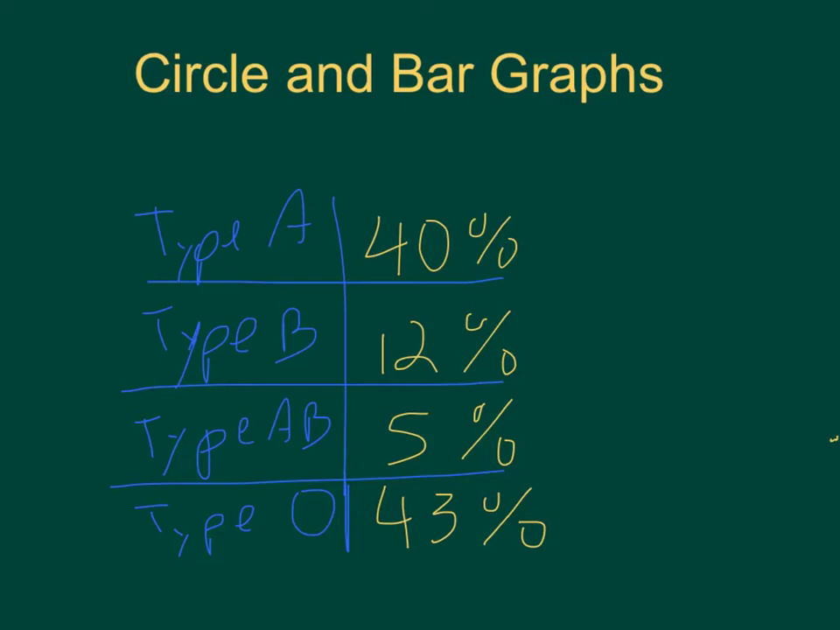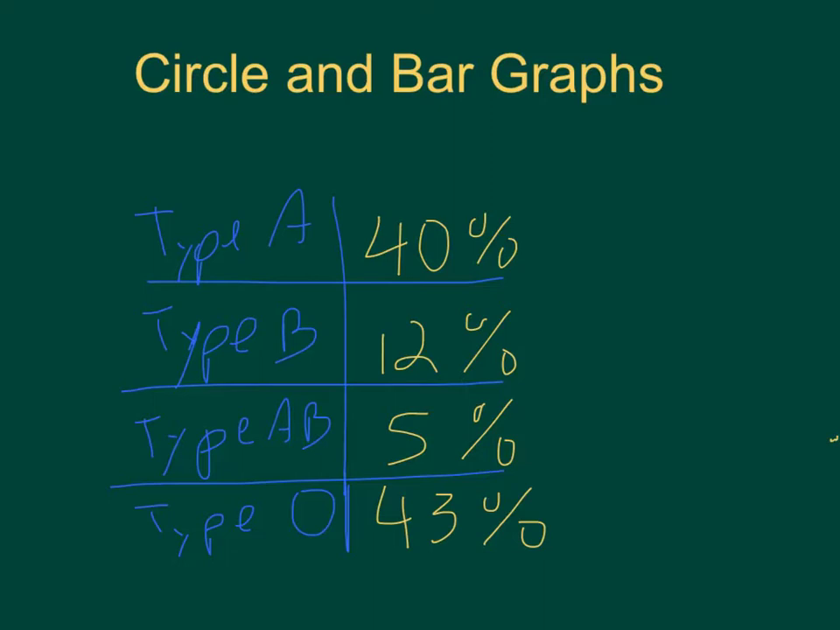So we're going to work on circle and bar graphs, and the first one we're going to do is circle graphs. So let's say I have some data like right here, where I've got 4 types of blood types. There's type A, type B, type AB, and type O. Let's say I surveyed a bunch of people and we found out that type A, 40% of the people,